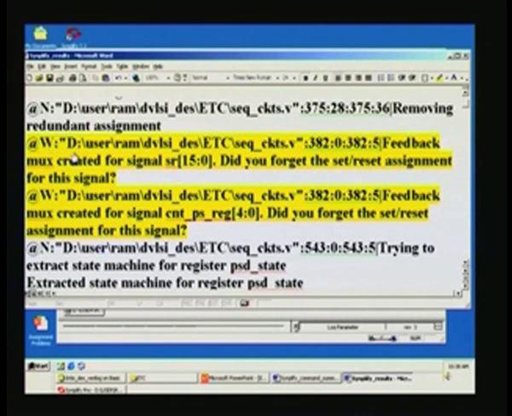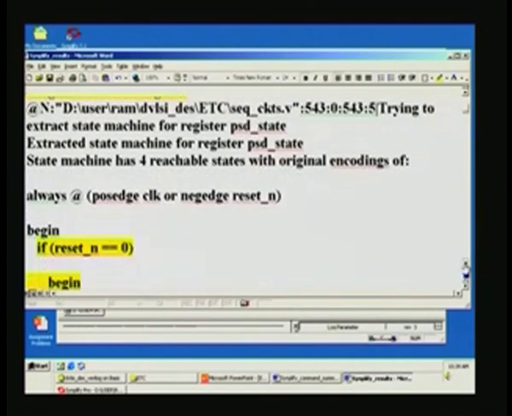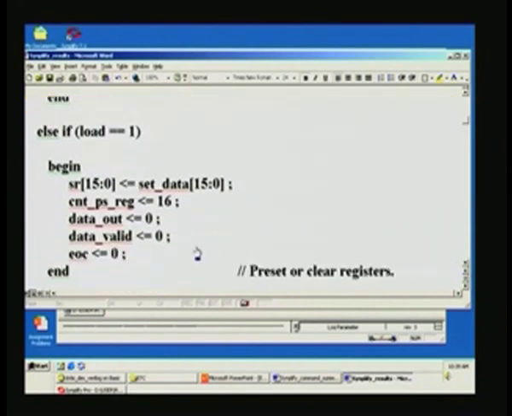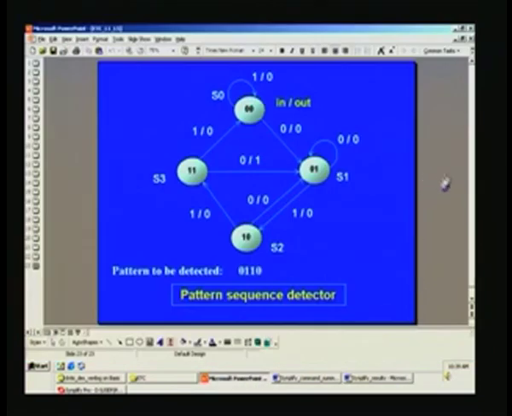If it does not make any sense or does not convey any sense, or it needs to be ignored. So, let us see here. What does it say here? Did you forget the set reset assignment for this signal? What is the signal? SR 15, and here count PS reg. Let us see that. Obviously these signals are not appearing here, and let us see whether it is appearing elsewhere. For example, this count PS, actually if you see this PowerPoint here,